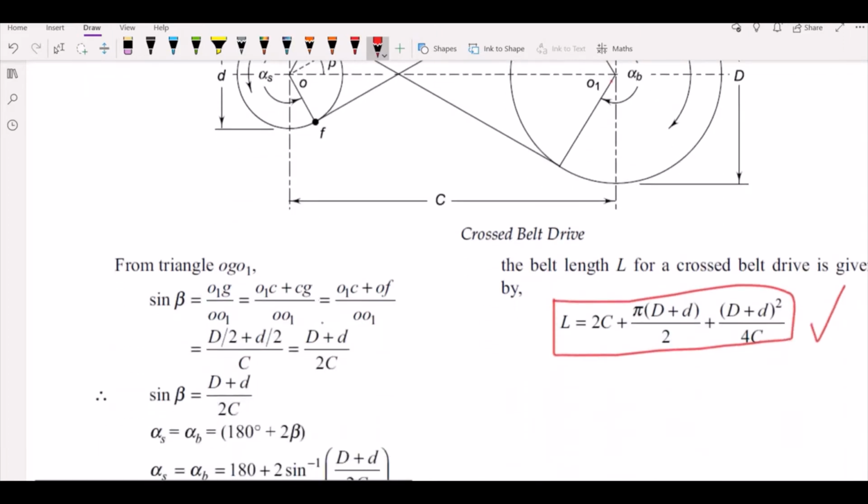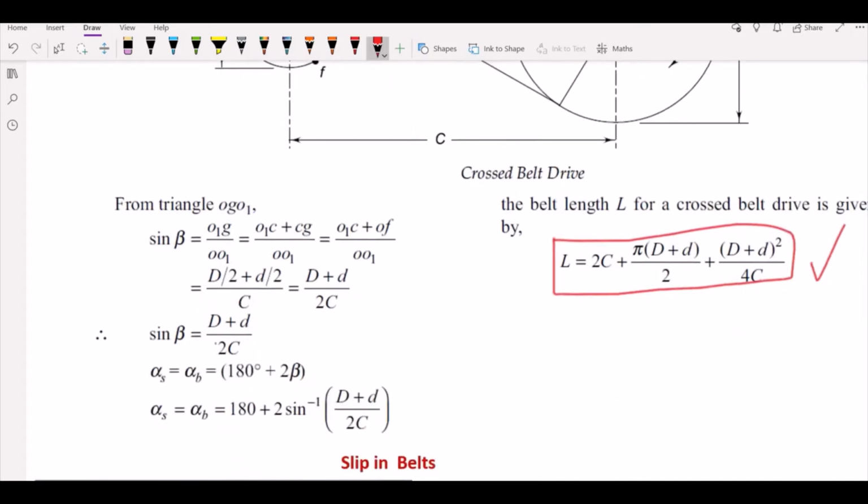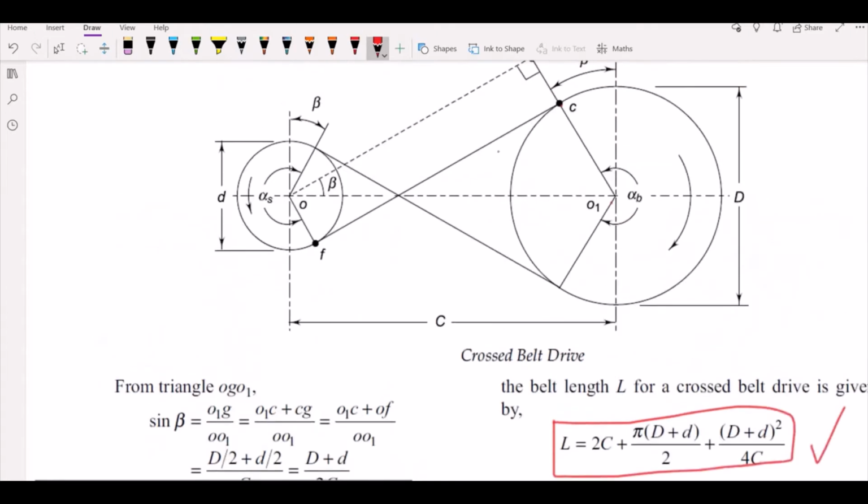Simple substitution of this. In the previous case of your open belt, we got minus, and in this case it will be plus. That is the only sign difference between the cross belt and open belt. Apart from this, everything will be the same. Okay. So with simple substitution, a very important point to be noted is that alpha s angle and alpha b angle will both be the same over here. In the previous case they were different, one positive and one negative, and in this case both angles will be the same. This is from your figure itself.